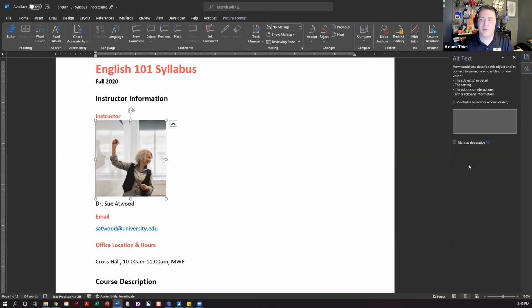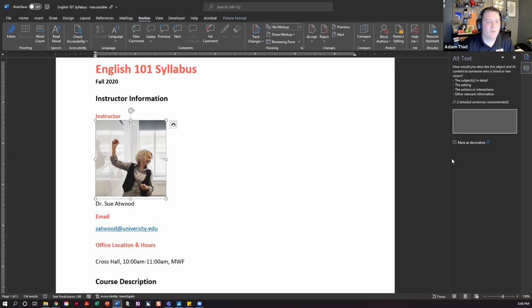I'll also go ahead and point out that in newer versions of Word, I believe they started doing this in the 2019 version and above, there's this checkbox here that says mark as decorative. And so you want to add alt text to the images that are important and mark things decorative that aren't as important, right?